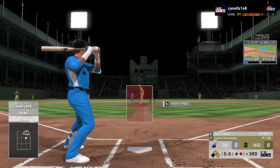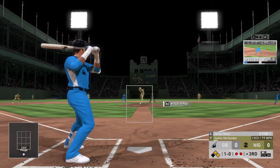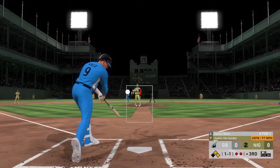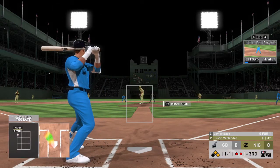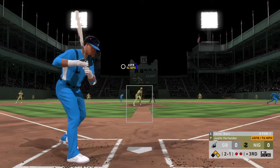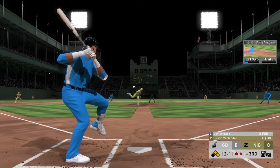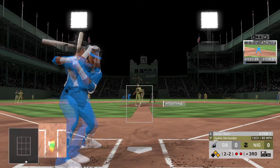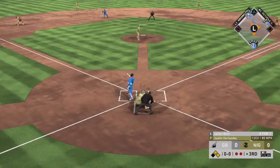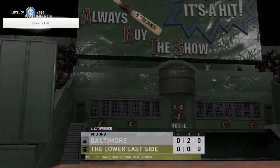Here's Javier Baez looking to put the ball in play here. He went down on strikes in his first at-bat. 1 ball, no strikes to count. Here's the 1-0. Swing and a miss as he ramps up on the fastball. 1-1. I think it's safe to say he wasn't ready for the fastball. Wow, was he behind that fastball. Great job on the mound using the curveball to set up the heater. And they could go either way now, I suppose. Even count, 2 balls and 2 strikes. The 2-2. And that's a swinging strike 3 in the dirt. Sanchez reaches out for the tag, and